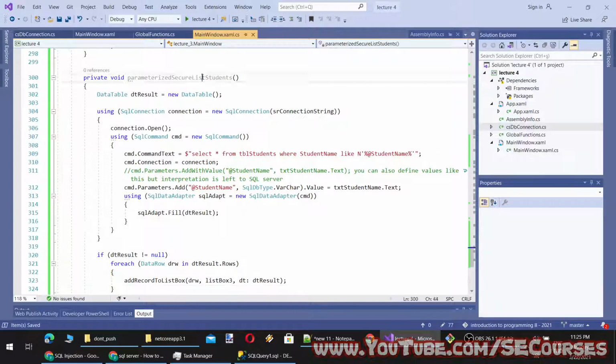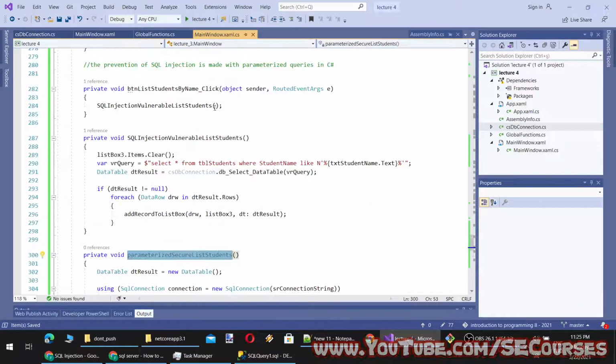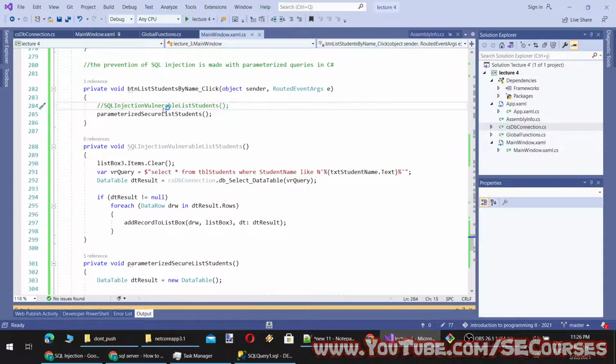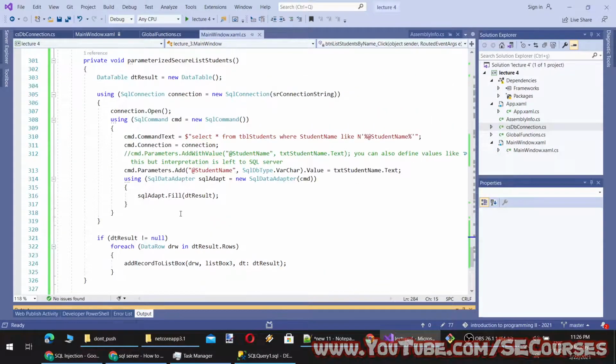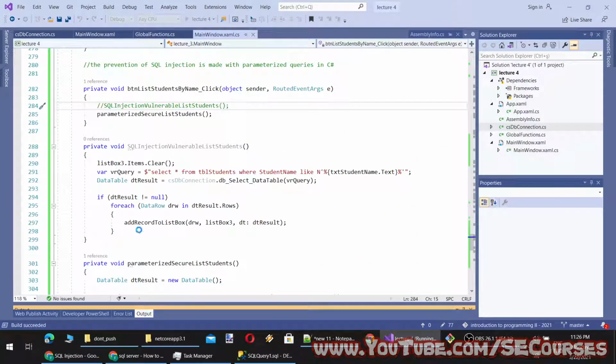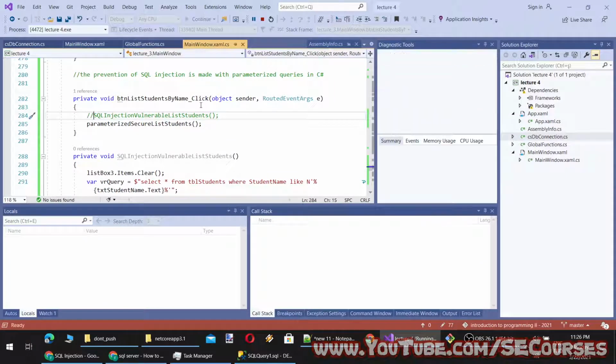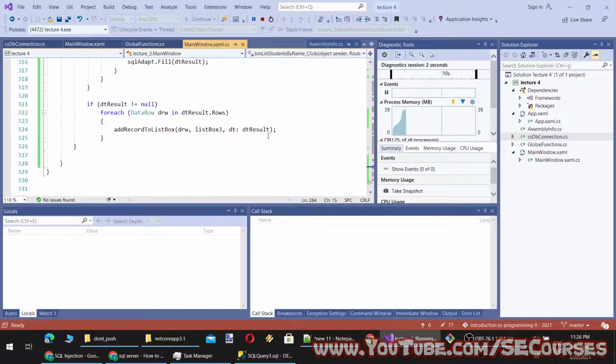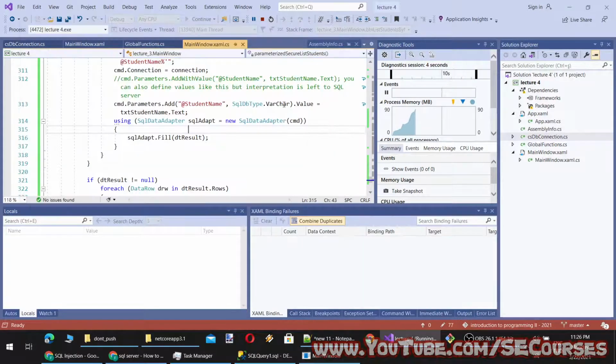Okay, now this is the secure way of doing queries. Now let's try our method and try to delete students from the table like we did with the vulnerable code. And you know the varchar is the character type which is used for string.